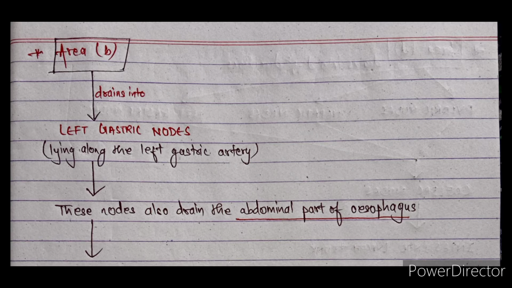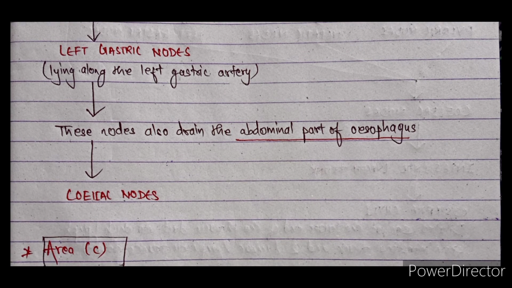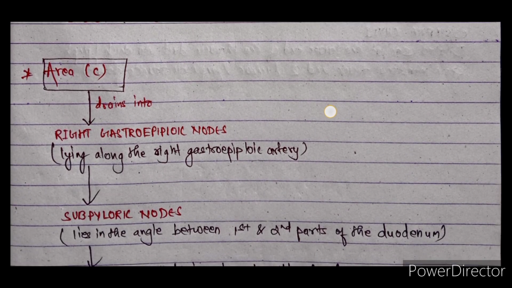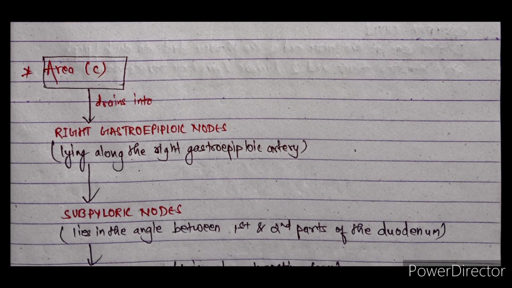Now let's talk about area B. So the lymph from area B drains into left gastric nodes lying along the left gastric artery. And also the abdominal part of the esophagus drains into left gastric nodes, and from there it finally drains into the celiac nodes. Area C, lymph from area C drains into the right gastroepiploic nodes lying along the right